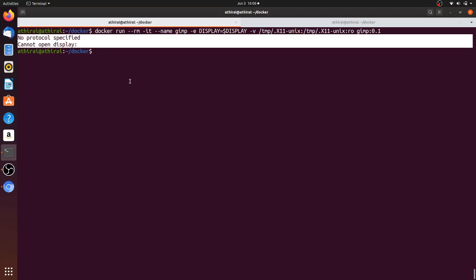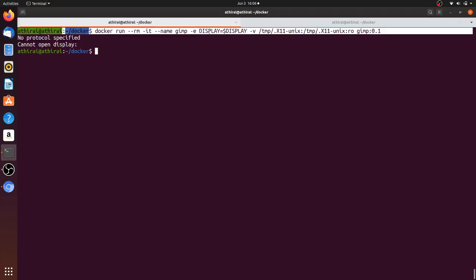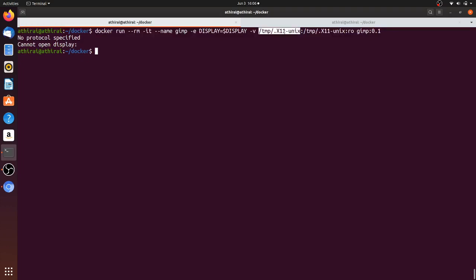This is because this client is trying to access the X server. We have set and mounted the socket and set the environment variable, but the server is still refusing. We have to enable something in the server and tell it to allow this client to access it. This is the security that is in place. We have to allow any client to connect to this server, so we run the command xhost +. Now you can see access control disabled. We have disabled the access control, and clients can connect from any host.